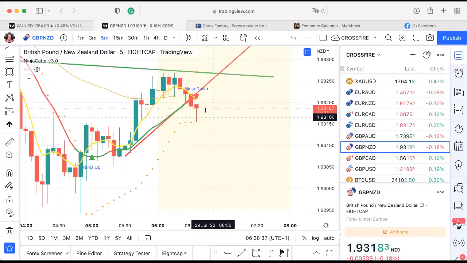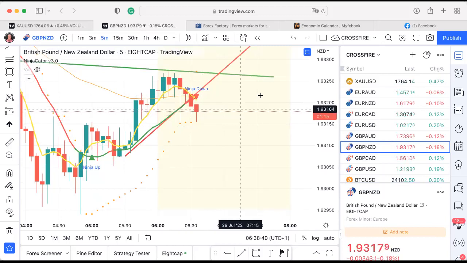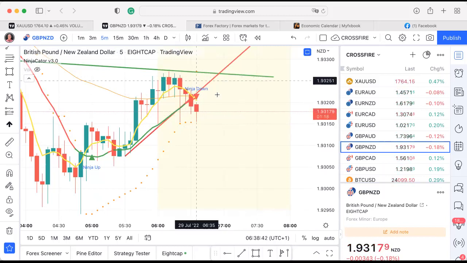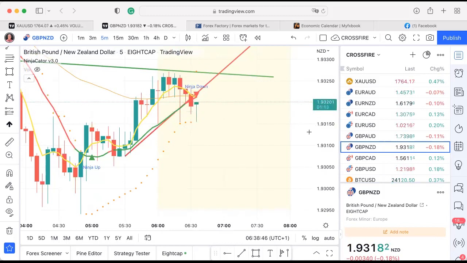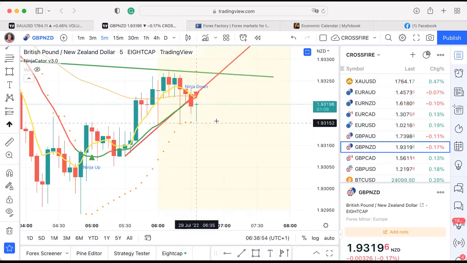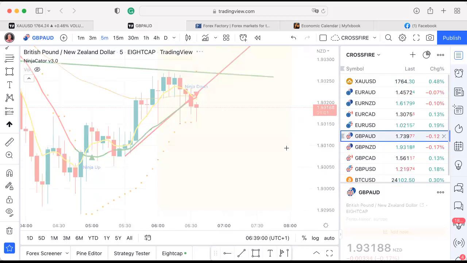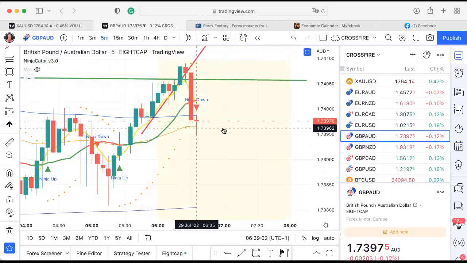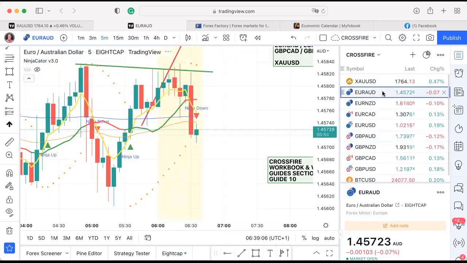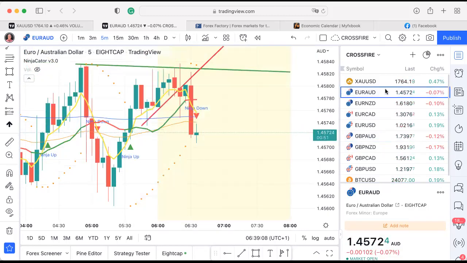So I would just wait for a more definite move. The other thing I'd wait for, we're on a 5-minute candle, and I would always wait until that candle was at least halfway through, which it is right now. But you can see it can't make its mind up. So to me, I would just hang fire on that. I'll go back through the other pairs. Yeah, we're still struggling to get through the 50 moving average. Euro AUD, same thing, can't make its mind up.